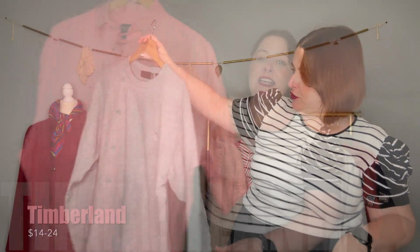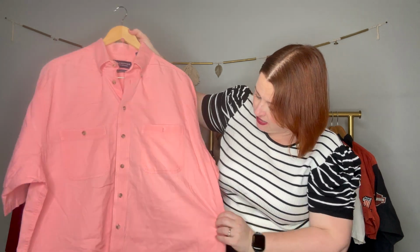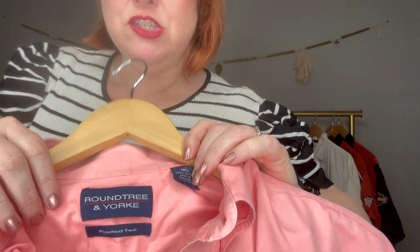You'll see the price on the bottom of the screen. This is a very good size. It looks like a big and tall men's, and we love that because our big and tall men's customers love to come and shop. And I kind of like the fun, I mean, I'm a Floridian at heart. I'm from all over, but I spent a lot of time in Florida, and so I do love the bright colors. But this is just Roundtree and York, which...